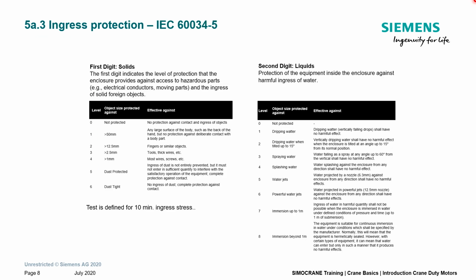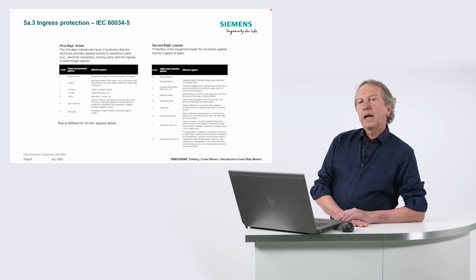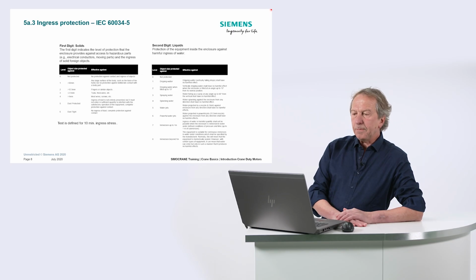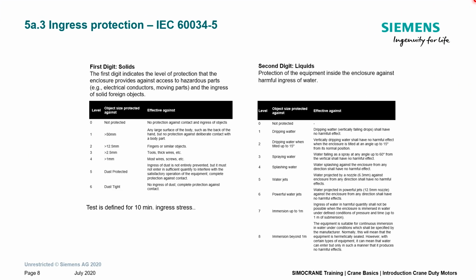Yeah, so now we come to a very important thing for crane applications. It's ingress protection. Most of you have heard IP class IP55, IP23, IP65. What does it mean? According to IEC standards, this classification means that the first digit, for example IP5, the first digit is for solid particles. That means